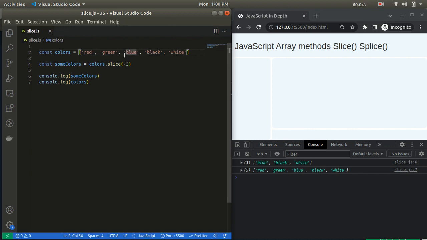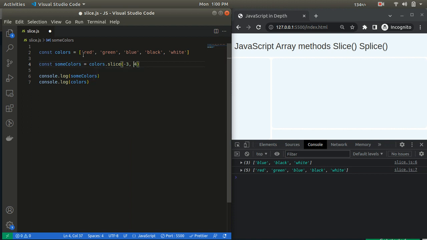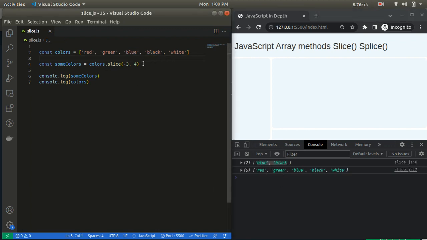It starts counting from this element, and the end index works the same way. If we give 4 here, then from the end -1 it is 0, 1, 2, 3. So it will give blue and black. See, blue and black are given as a new array.